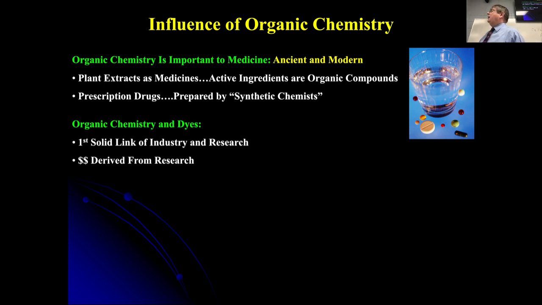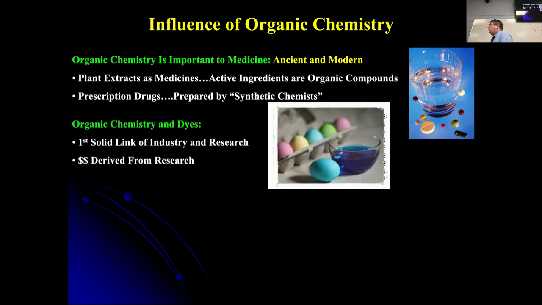This was the first solid link of research, chemical research, and industry. This is when they started to say, you know what? Maybe we can take some of these smart people, instead of having them teach in college, we'll bring them in and we'll have them do stuff that we can actually sell. That was what happened in the chemistry of dyes. So today, when you get your dyed eggs or whatever, it doesn't cost you more to have a purple egg or yellow egg or whatever. It's just we can make these colors, we can make them cheap because we no longer have to go out and harvest them from the natural world.